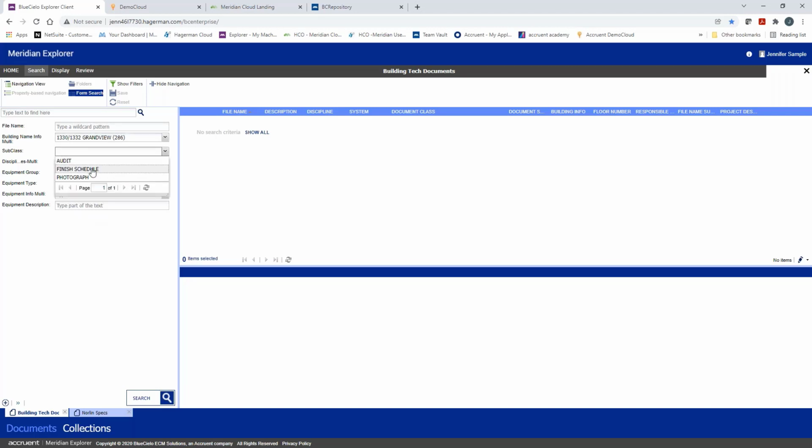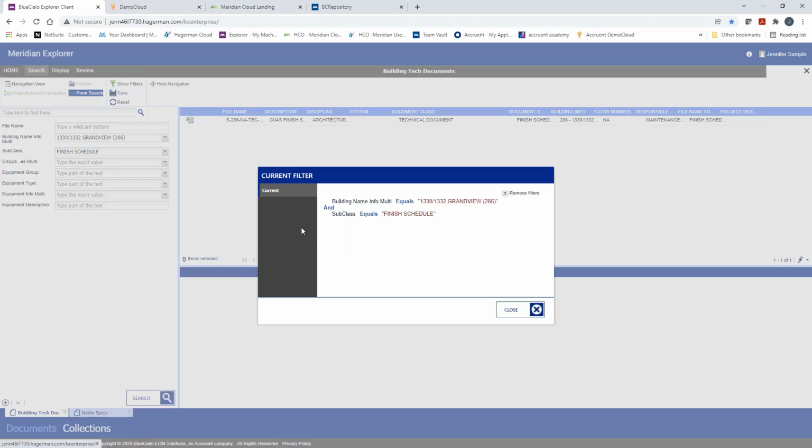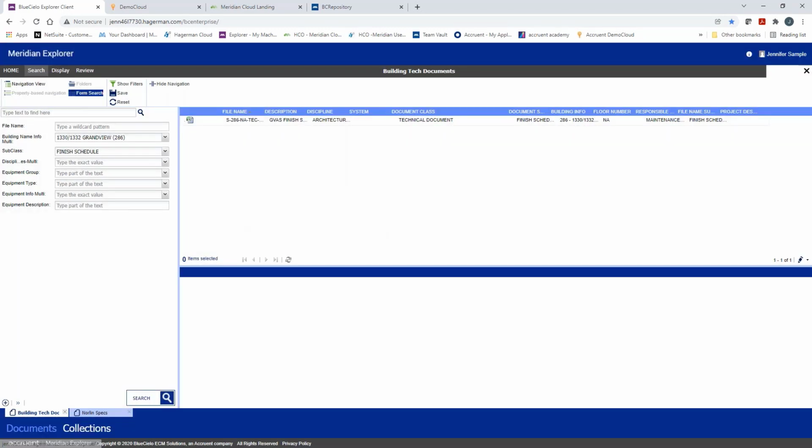So let's just pick a couple here and search. You created this filter already. So the filter to start with was buildings. So anything that is a building, not a site, that's their two differentiating factors. And then the technical documents. So there's a criteria in the search already, refining it to just those two things. And then you come and refine it some more. So when you come in here and you do this and you save it, you're essentially saving,